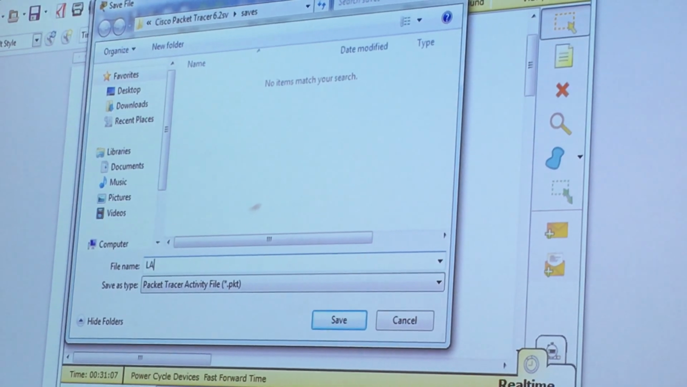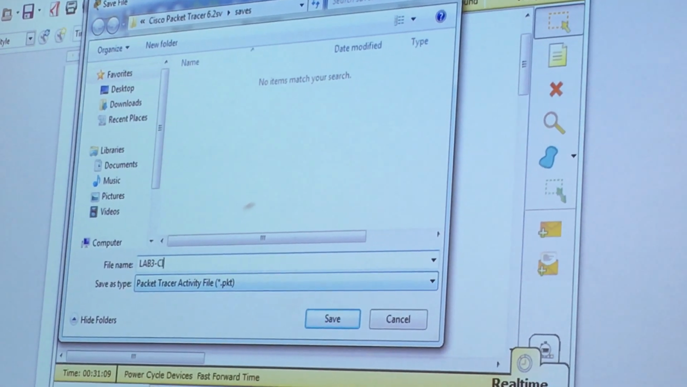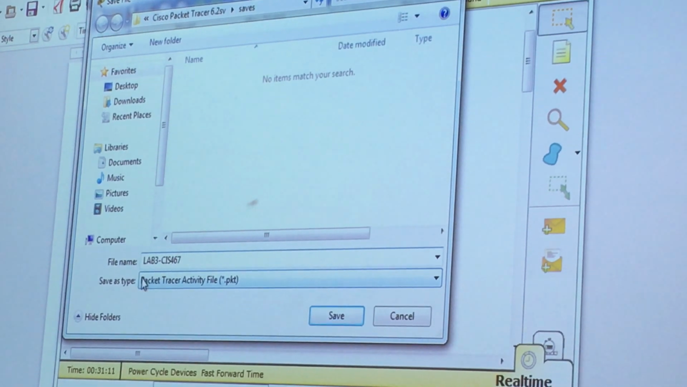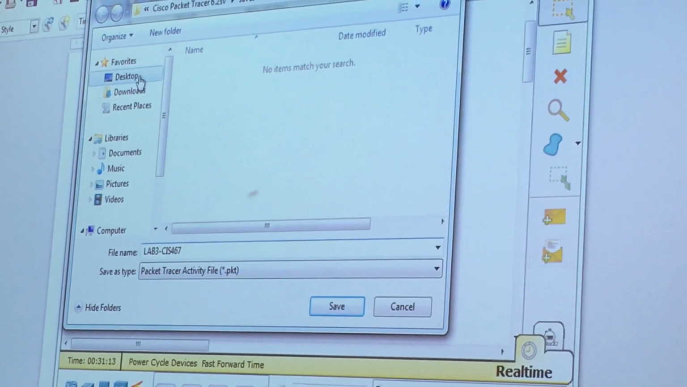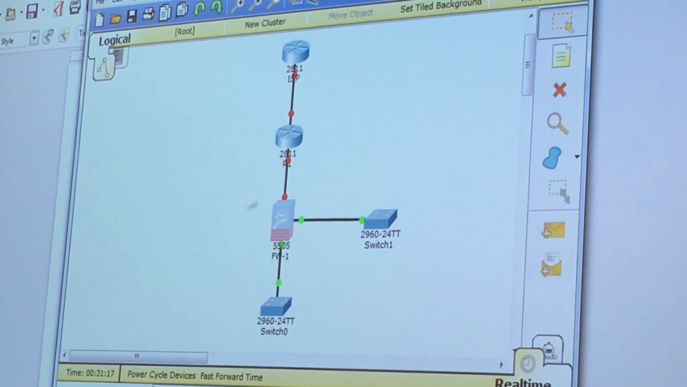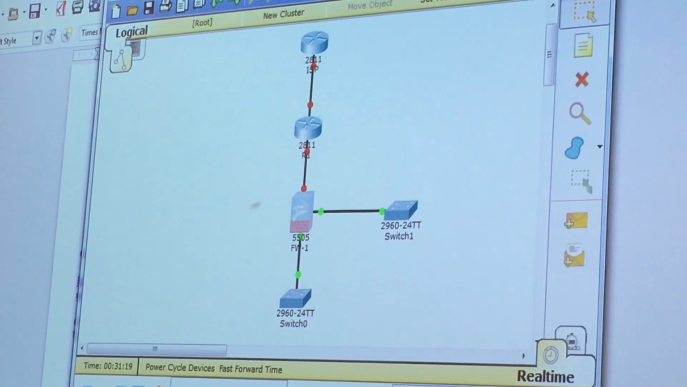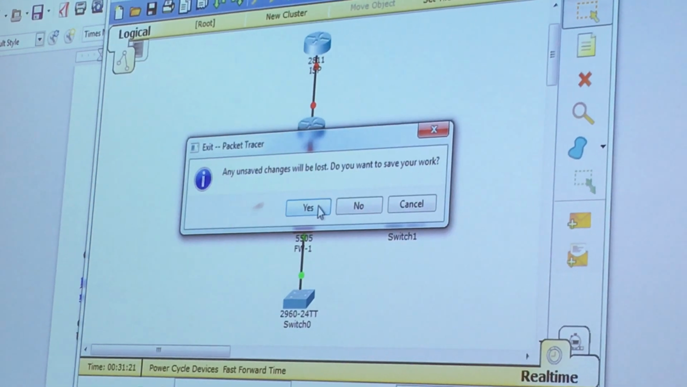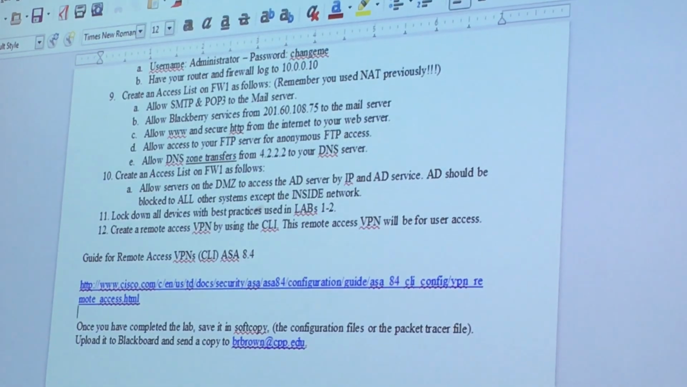And I'm just gonna name this lab 3, CIS 467. Stick it on my desktop. Save it. There, done. Okay. We will pick up there Monday-ish. Monday we'll start going over